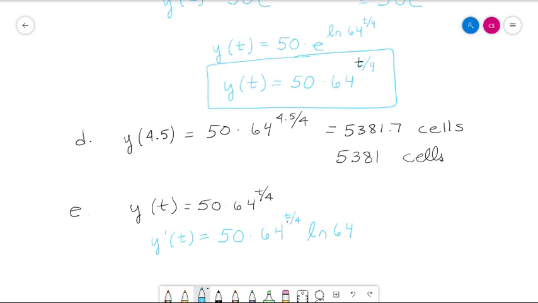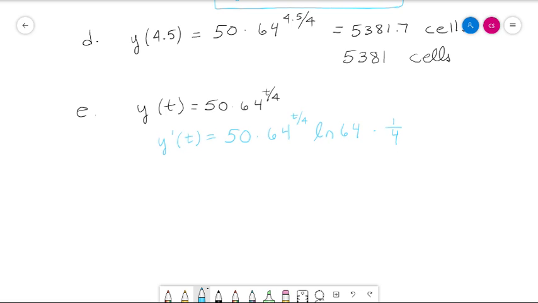And then the derivative of the inside function, this is really 1/4 times t, so it's just going to be 1/4. Okay. We can move that fourth and put it in front. And that's pretty much the only cleanup we can do. That's worth doing. Okay. And so now what the question is asking, they want us to find the growth rate